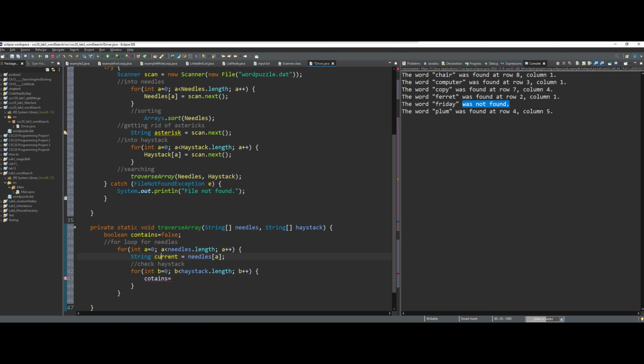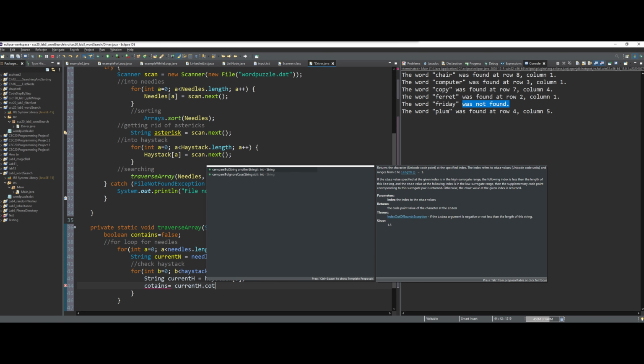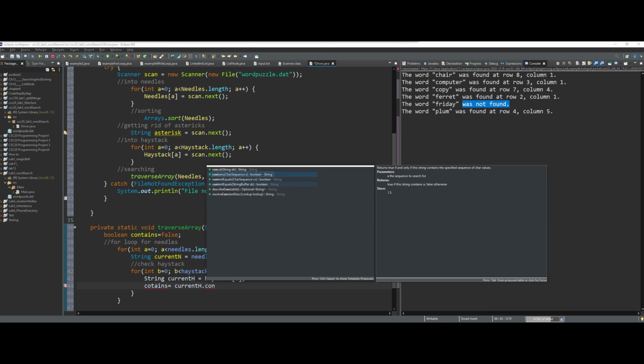Just like we did earlier, where we stored the current element in our array inside of this string, we're going to have to do that to our haystack to compare it. So just like this current up here, we're going to say string, and we're actually going to change this. I'm going to say this to current n for current needles, and then in this one I'm going to do current h for current haystack is equal to haystack, and then we're going to have our b value inside of here. Now contains is equal to current h dot contain, and this is a method of our string class,